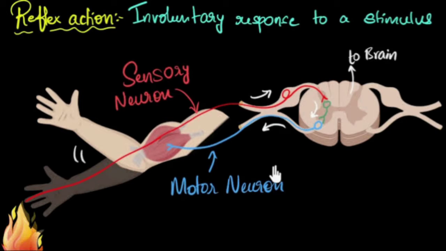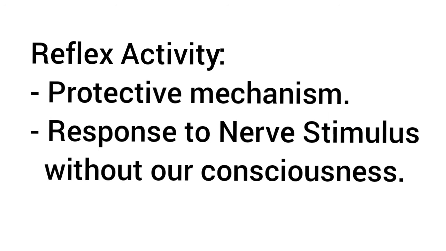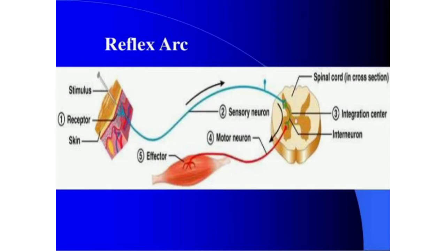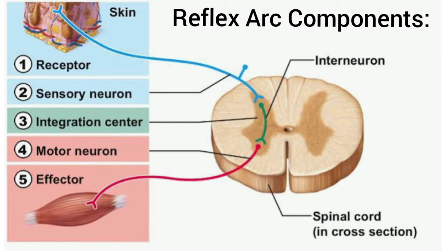Hello all, this video will continue with nerve physiology. Reflex activity. It is a protective mechanism in which there is a response to the peripheral nervous stimulation without consciousness. Reflex arc and its components. They contain a receptor and afferent nerve or sensory nerve, the center and the efferent nerve or the motor nerve